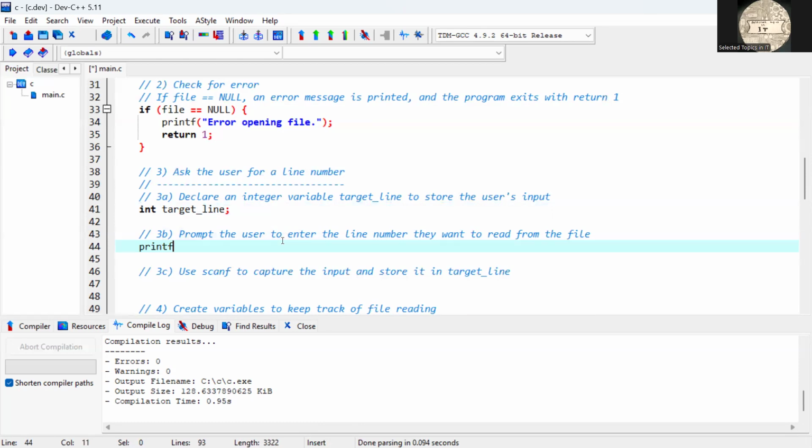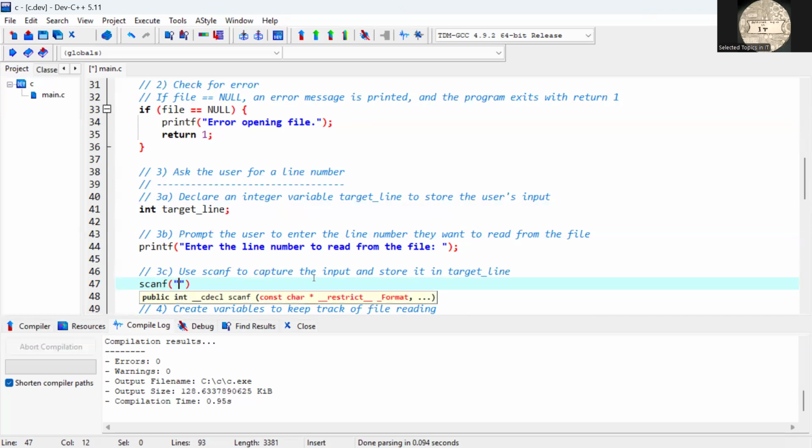So printf in double quotation and just end it. Let's just go through what we've copied and reuse. Enter the line number to read from the file. Next, we'll use the scanf function to capture the input and store it in target line. So here we'll specify that the entry is going to be an integer, and we'll store that into